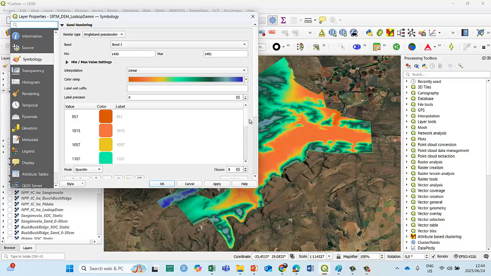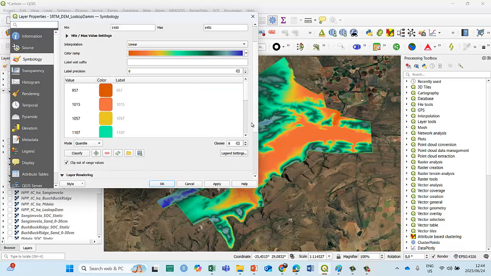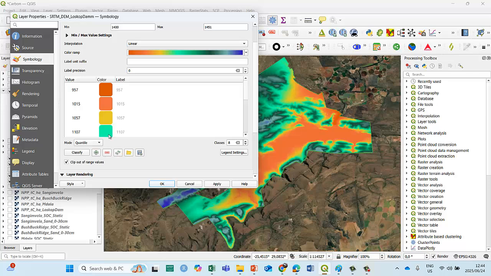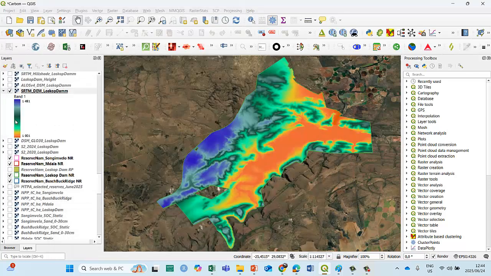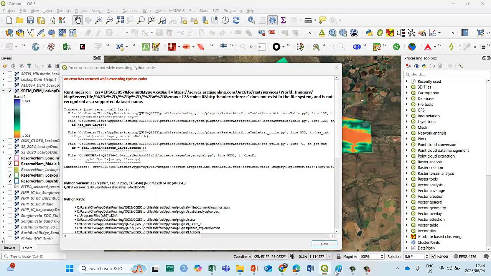I don't want to change the color scheme now. Let me just try 1,001, clip out of range.